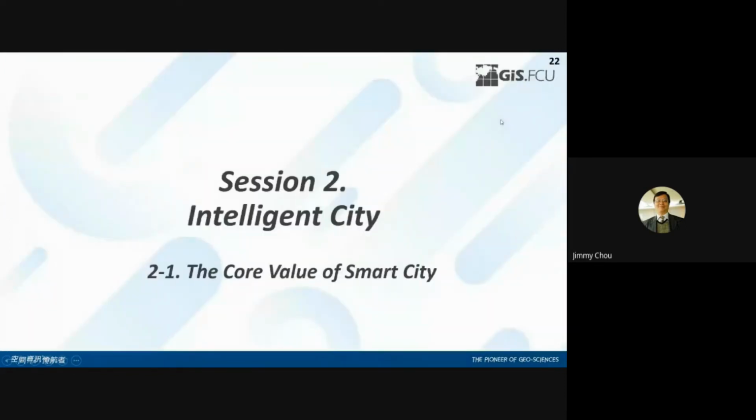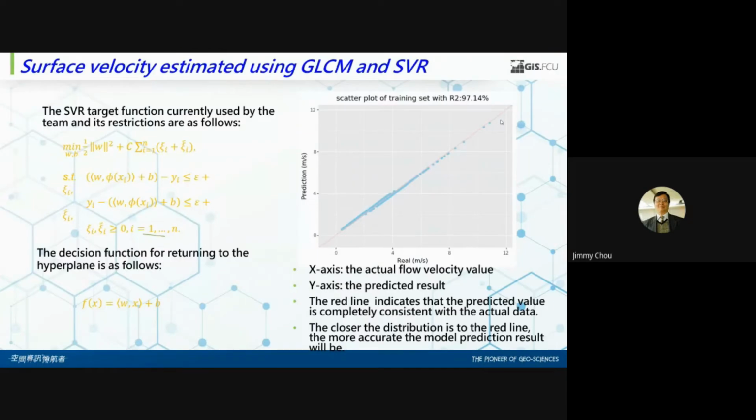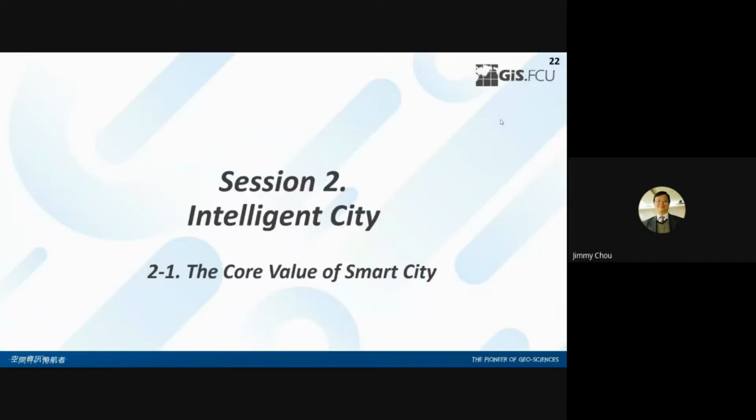So next time, this kind of CCTV can be really smart enough. Just use one camera, and the camera will be able to identify the water level, the river, the water velocity, and if something happens. So just using the image, it will be able to tell a lot of real-time happening mechanisms from the local. So this is the way we have been trying to develop in recent years. So following that,